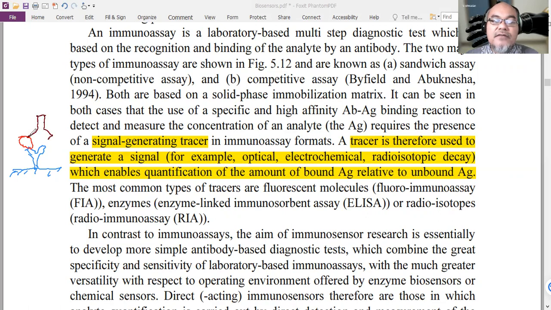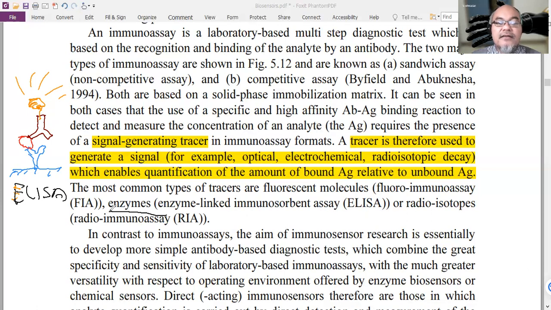And also with this secondary antibody, we put a label. For example, it is attached to an enzyme that can fluoresce or luminesce. So this is commonly called ELISA. This ELISA is enzyme-linked